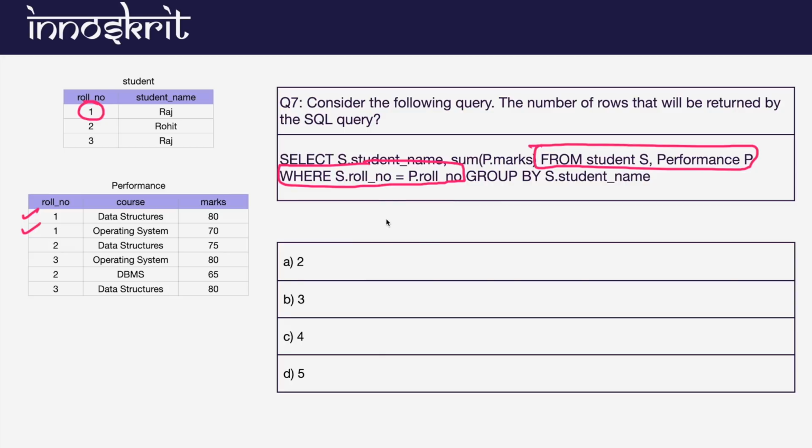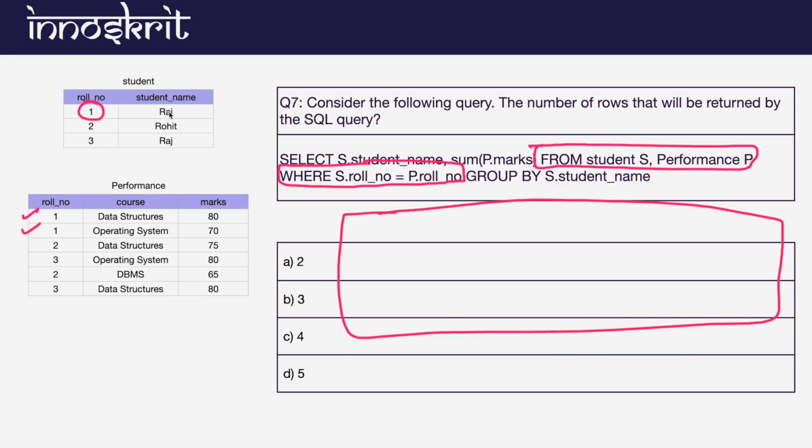So let's try to select them. What data you will get is, let's suppose I am selecting only a few of the columns. I am selecting name, roll number, and, let's suppose, course. Okay, let's suppose these three columns I am selecting. So let's try to understand them one by one. You will select name as Raj, roll number is 1, and the course is DS.